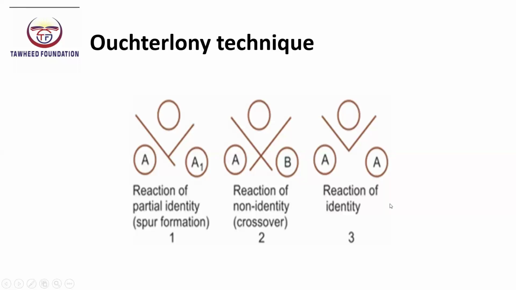Third is reaction of identity. So the antibody well is again at the top, and the two lower wells both contain antigen A, that is, identical antigens. Now look at the lines. Two precipitin lines from both antigens fuse completely. As you can see, both these lines fuse completely,